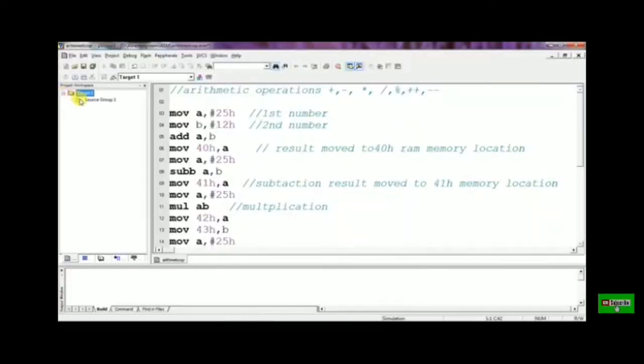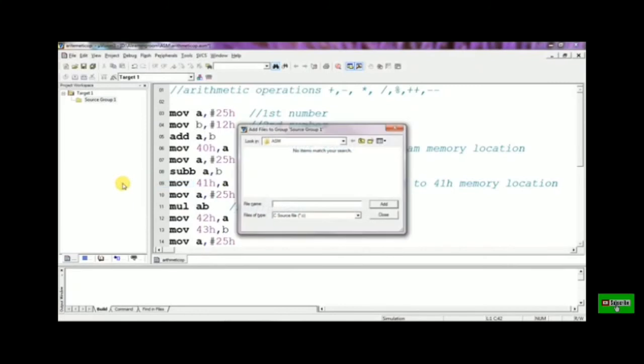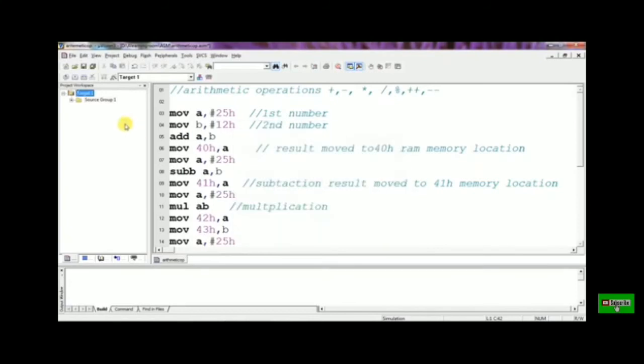Now let's add this file to the source group. Right click on the source group, then Add Files, give the name, use the ASM extension. We already generated the file arithmetic op, then add, then close that window.